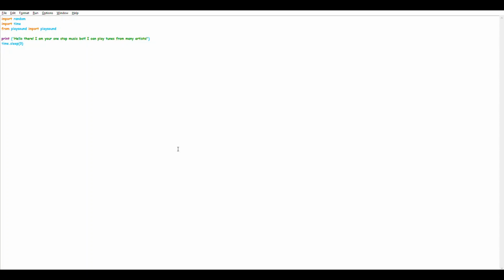Then let us print all the artists we have. So basically we'll print the artists now and we'll give them corresponding numbers, and we'll ask the user to choose the number, and based on that the program will play one song of that artist.